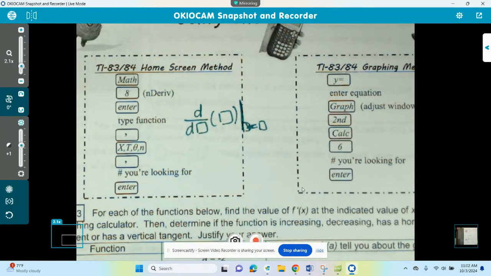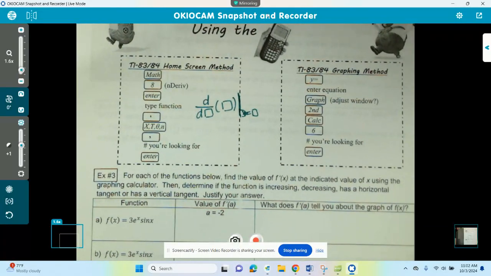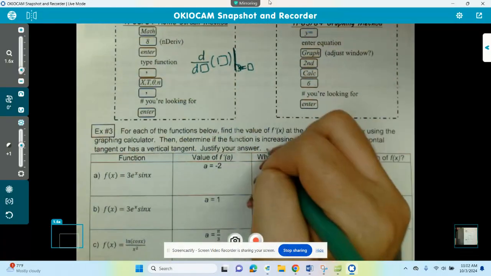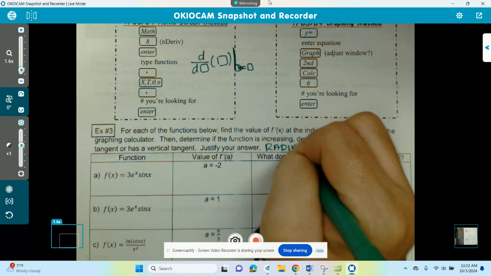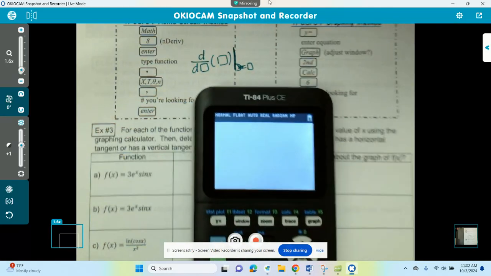Okay, so first of all, because we're starting to use trig functions down here, what do we want to make sure our mode is? Radians. So do make sure that you are in radians. All right, so here we go. We want to find the derivative of 3 e to the x sine x, right? All right, so let's see what we got. We're going to hit math